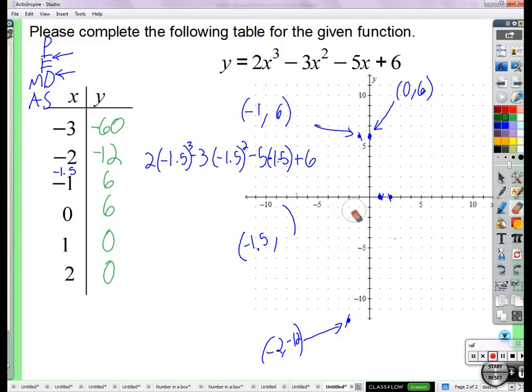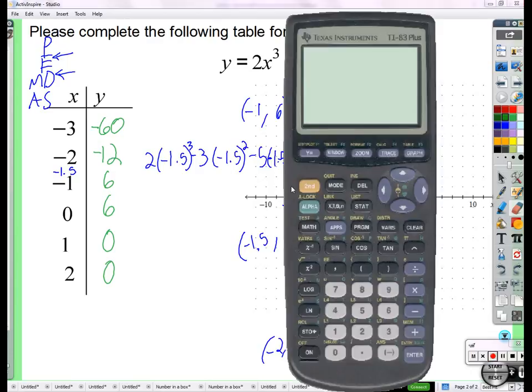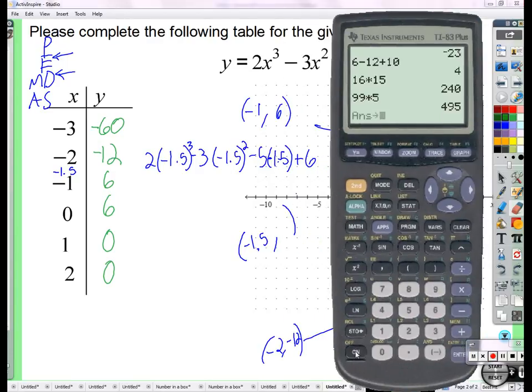Here, just in case we're not sure, let's plug -1.5 into this function. So,